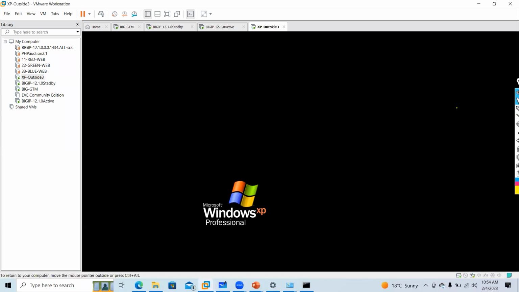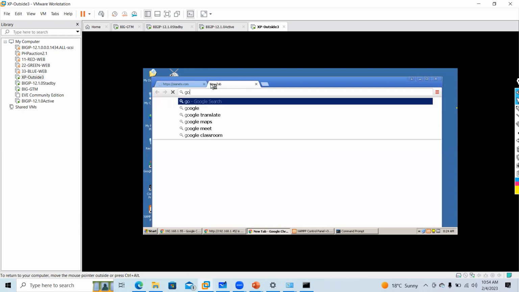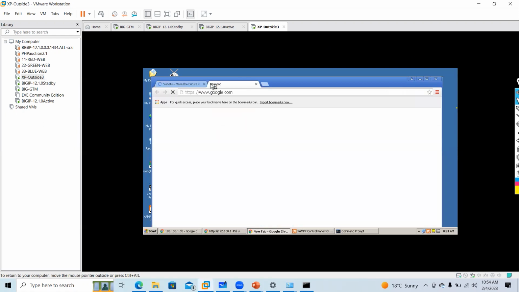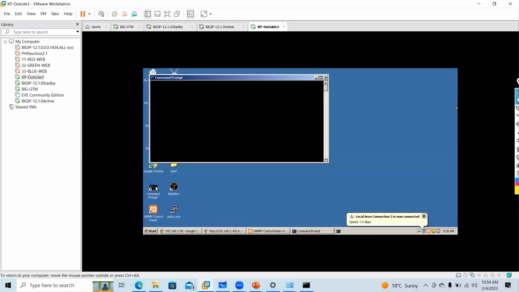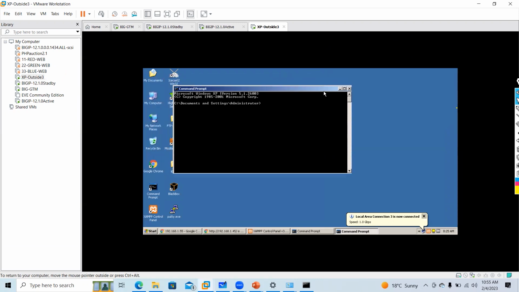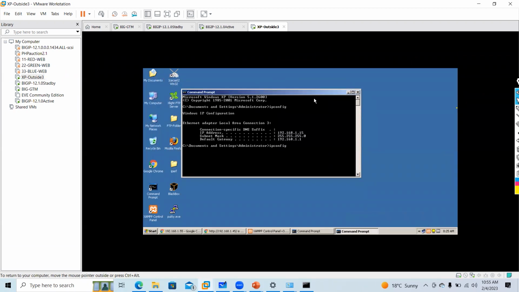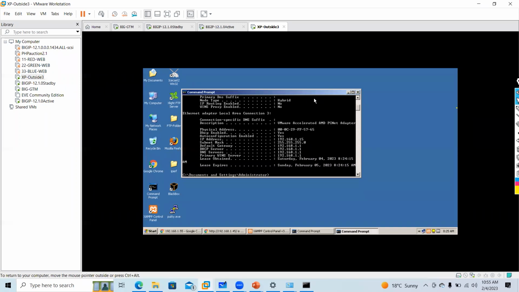So it's turned on. I will just go here. I'll just see if it has internet connectivity. Great. So I will go to command prompt and type ipconfig /all. What is my DNS?